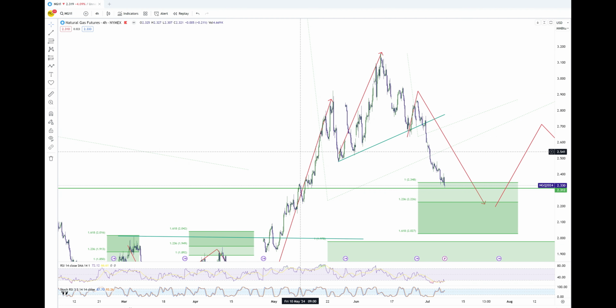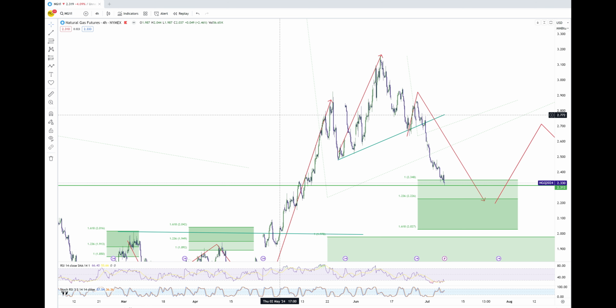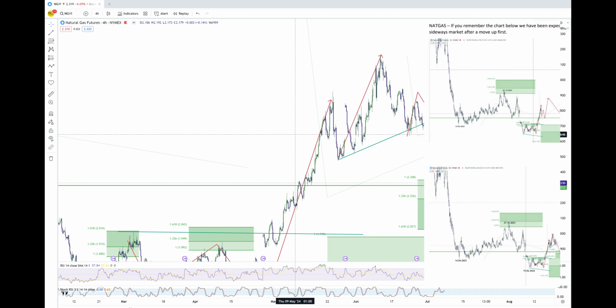Now for natural gas, we are not posting regularly about natural gas. We have posted about 2-3 weeks ago. We have explained our daily time frame views and how this market will spend and waste a lot of time at the same areas. So we also informed our members with our report. I will show a screenshot on the screen over here so you can see how we predicted the last move to the upside before the pullback.